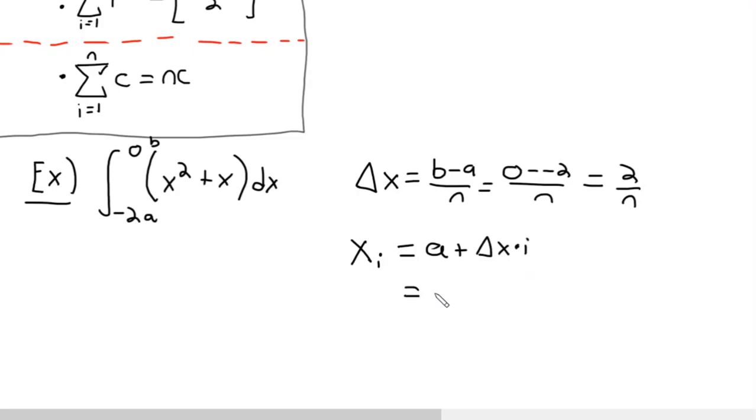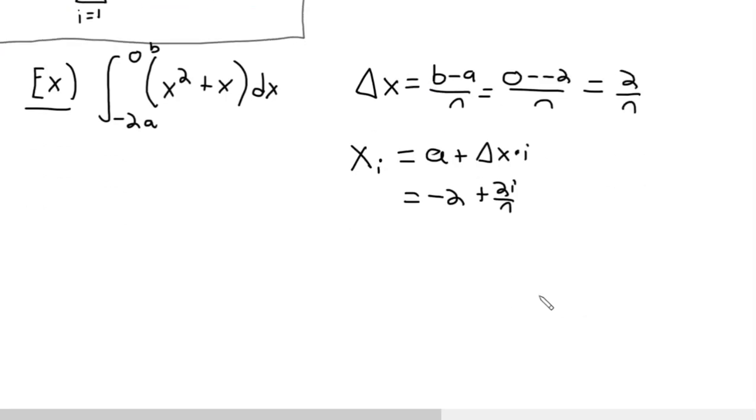Well, that's just going to be -2 plus 2i over n, where 2 over n is my delta x, and I'm just multiplying that by i to get 2i over n. Okay, so now let's put this in the form of the limit of a Riemann sum. So I'm going to do the limit as n approaches infinity,